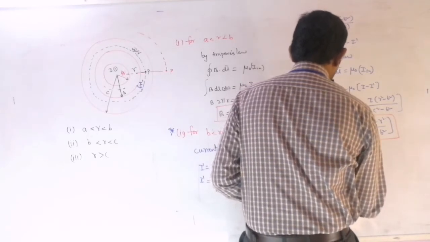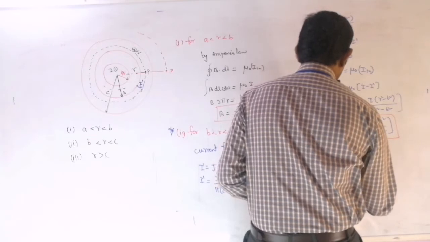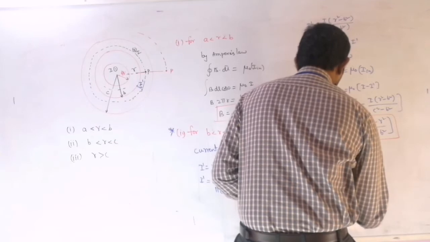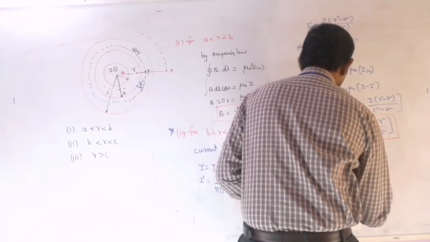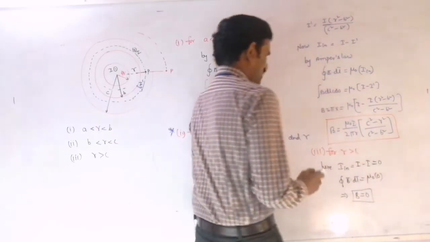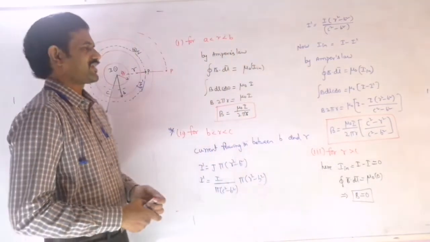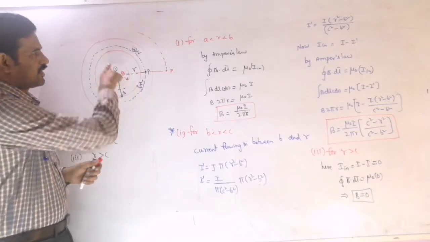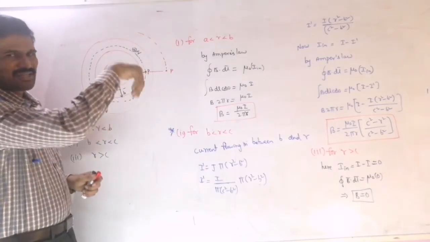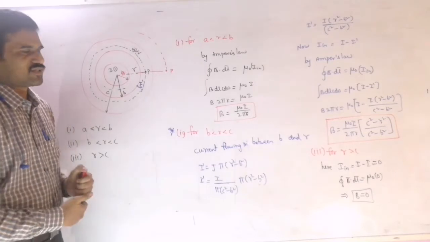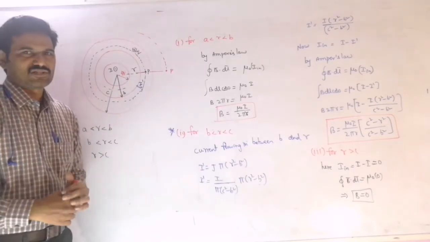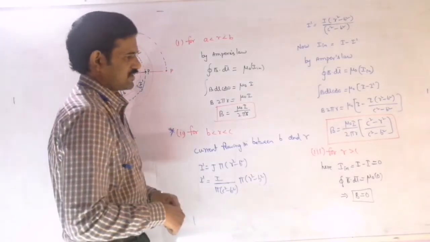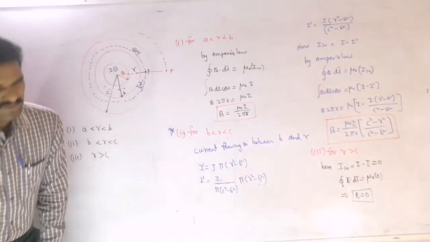So B bar dot dl bar is equal to mu naught into 0. So from this you can also conclude that the magnetic field for this point will be 0. So that is for external points, or like this also. Now I can say that the magnetic field due to this will be, say, out of the plane, and the magnetic field due to this cylindrical shell will be downwards. Upwards and downwards they will cancel with each other. So like that you can calculate the magnetic field due to this conductor, the coaxial cable system, right?